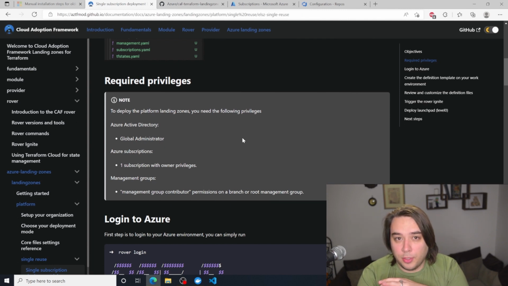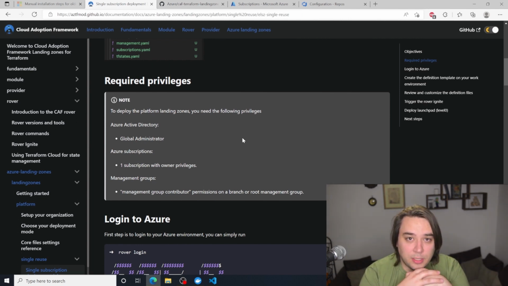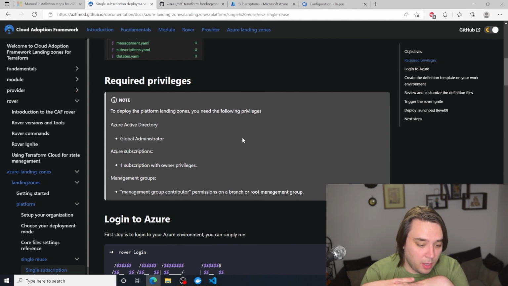I've tried to deploy some of this without global administrator and finding out the security principles I need for it. It's very tough. So it's best, even if it is a test environment and you're working with a company, to maybe ask for temporary rights so you can run this. But I really advise you to run this in a tenant if you're just learning how to get started.